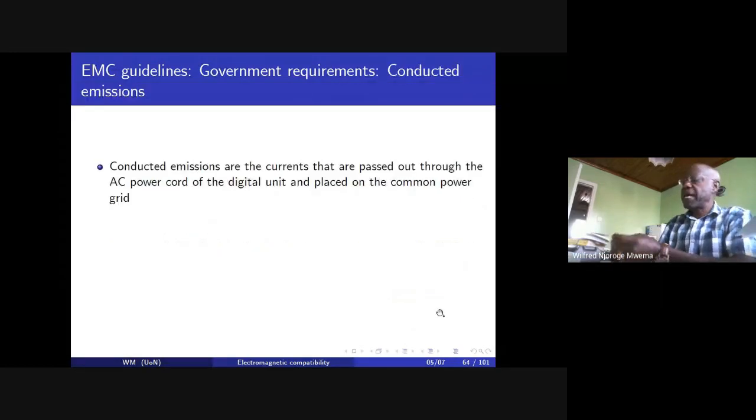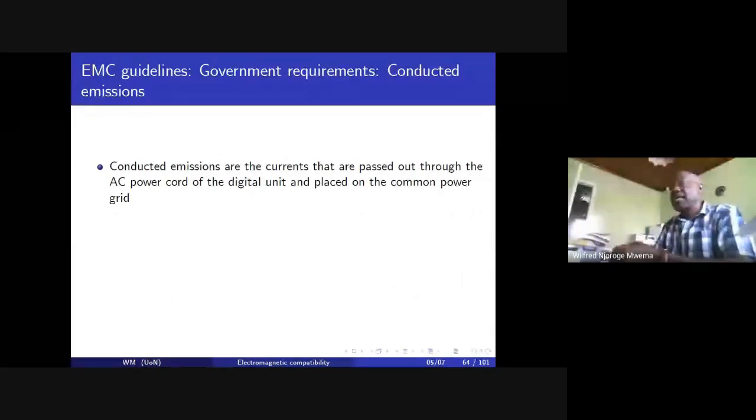That's what we call market surveillance. So conducted emissions are the currents that are passed out through the power cord, that is the AC power cord of the digital unit, and they are then placed on the common power grid. Because all our houses, the electrical wiring is getting the power from the grid, and therefore, if